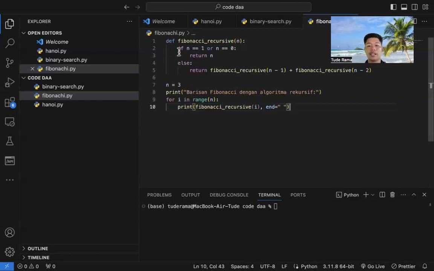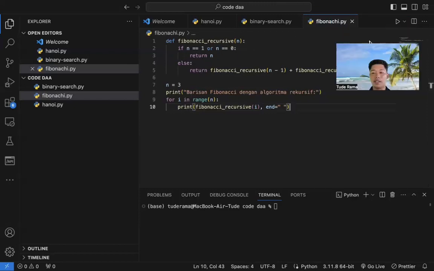So it checks again, same as before, whether n is equal to 1 or 0 or not. If not, it goes back to the else, and does this until n is equal to 1 or n is equal to 0. So the value that is obtained will be inserted into the previous function.